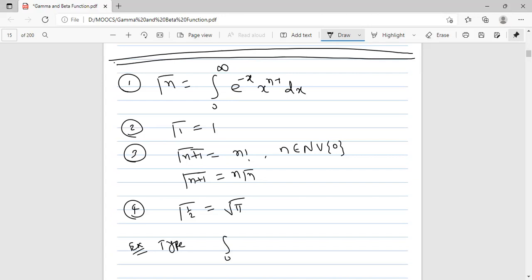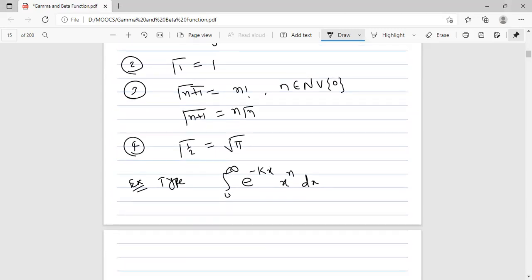Suppose I have this integration 0 to infinity e raised to power minus kx into x raised to power n dx. We know how this works. In this case, we have to put this factor as t, and then we get the solution. Then type 2, integration e raised to power. Suppose the square terms are there, and here this is just like a square term or cube term, or the power is the same type, but